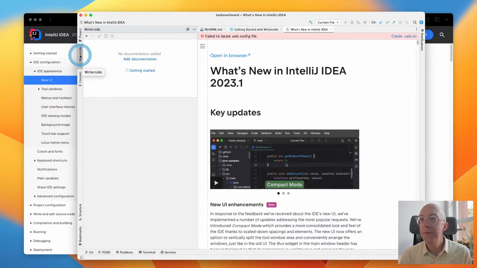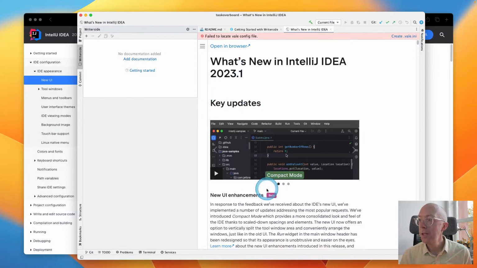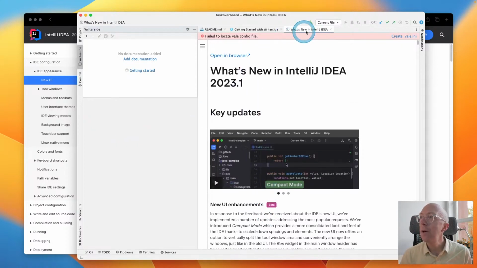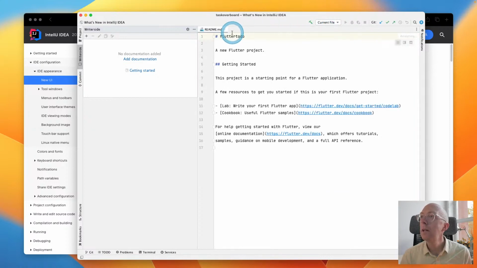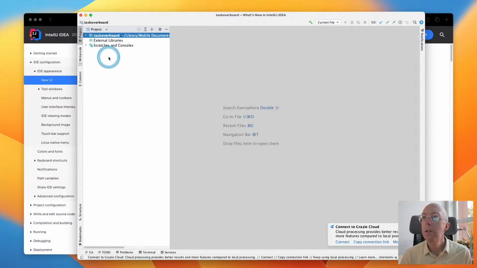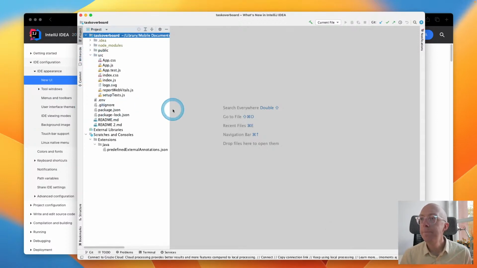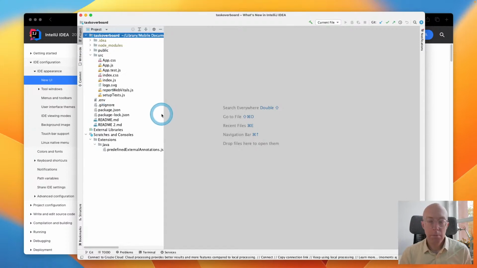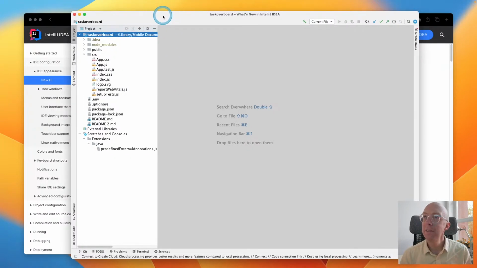Anyway, so this is all leftovers from previous samples, as you can see. It's telling us about the new UI here, but let's just leave that off for now. I'd actually just like to get to the current UI. So this is the current UI. There's nothing wrong with it per se, but it does feel a little older fashioned.